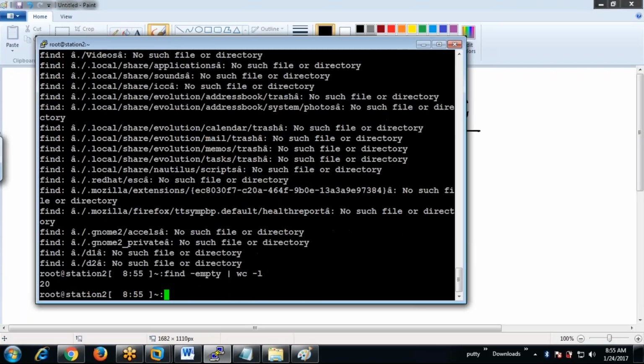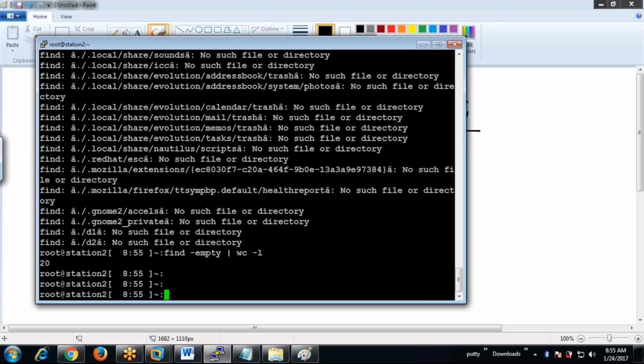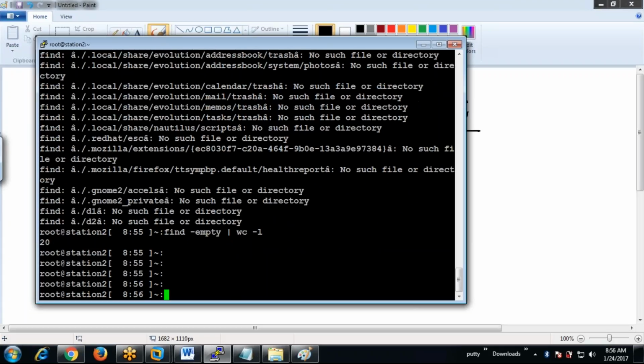Check the count once again. Okay, see here. Now from 91 it has become 20. The reason is there will be some system files which keep generating empty files. Now to make it a little bit clearer,